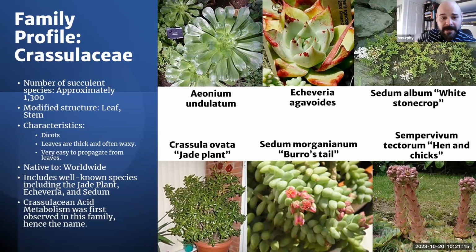I have a burro's tail. That sedum is one of my favorite plants. Can grow very large, trailing plant, can spill over a shelf very easily and beautifully. And of course, the classic Crassula ovata, the jade plant, which can actually grow into a jade tree. In Hawaii, I've seen a jade plant tree that was probably 8 feet tall, absolutely covered with blossoms. You may not have even recognized it as a jade plant, but it was absolutely gorgeous and just covered with